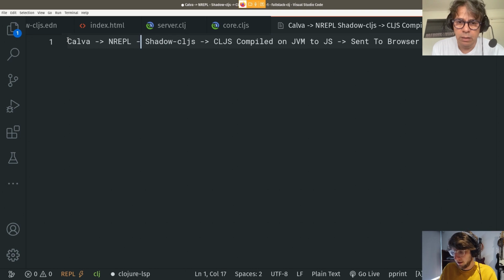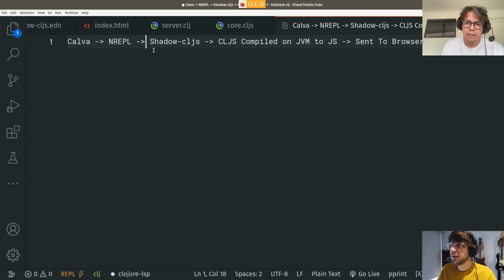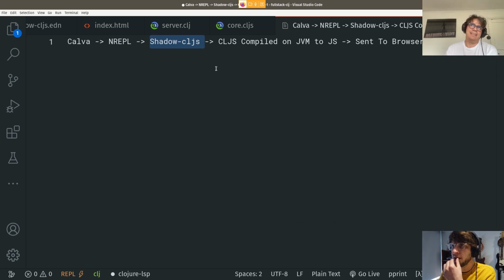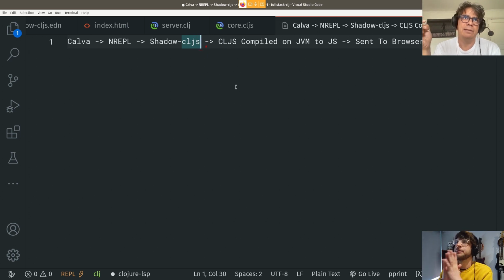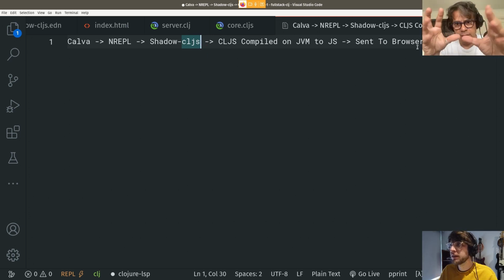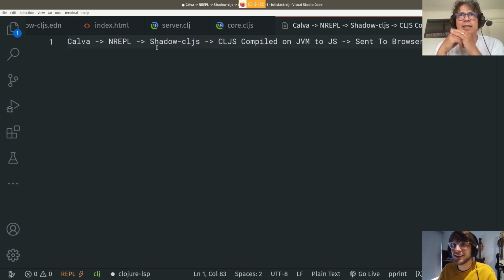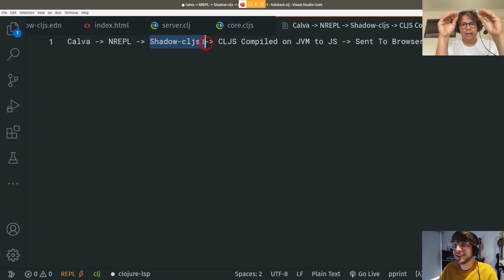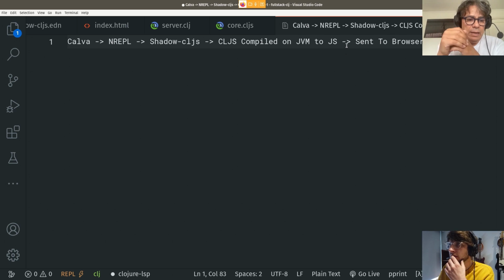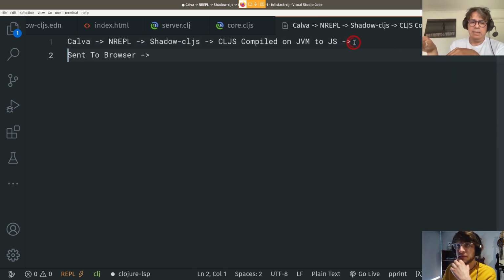Okay, so it sends to nREPL, and then something sends this to the ClojureScript compiler, which is shadow-cljs. In this case, it is something in shadow-cljs that does it. But for other ClojureScript projects like vanilla ClojureScript or Figwheel, there is a middleware called Piggieback that does this. Okay. So this something, you can have shadow-cljs there if you like, is then sending this to the ClojureScript compiler, compiling this to JavaScript. And then, again, shadow-cljs,